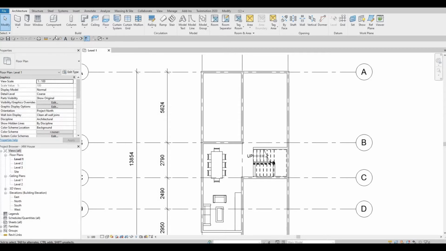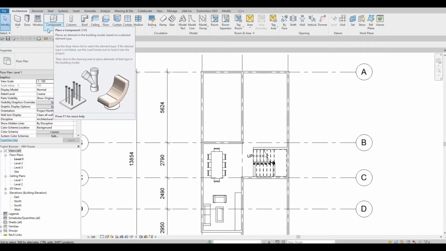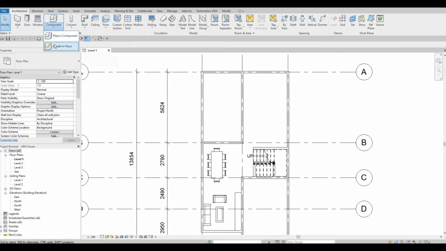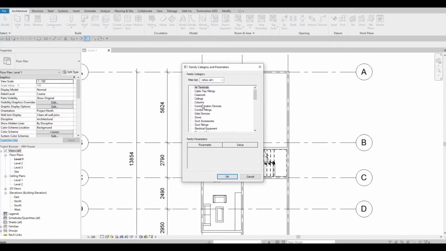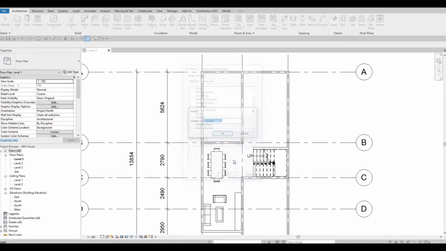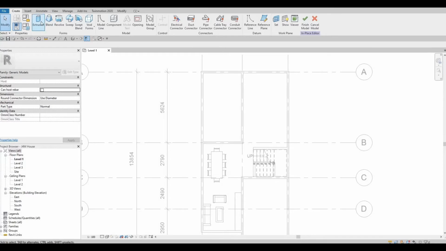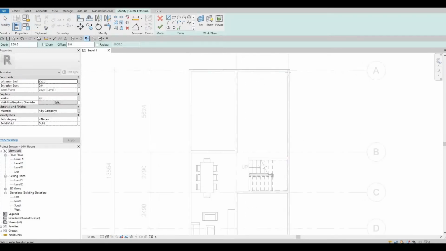So now what I'm gonna do is click on the component drop down. Here we're gonna use model in place and then look for generic model. Press OK, and it's up to you if you want to change the name. I'm just gonna leave it at generic model number 1. After that, click on extrusion, and then from here I'm gonna create an extrusion using rectangle,